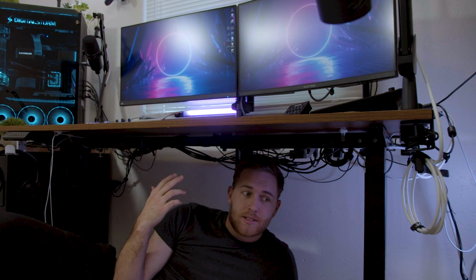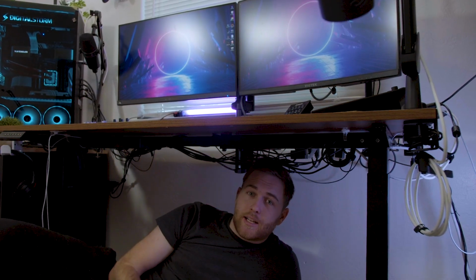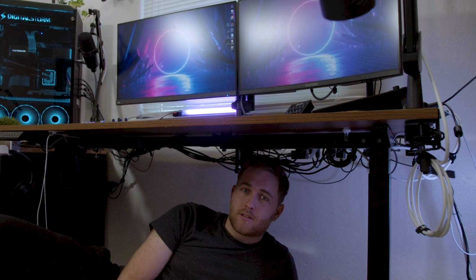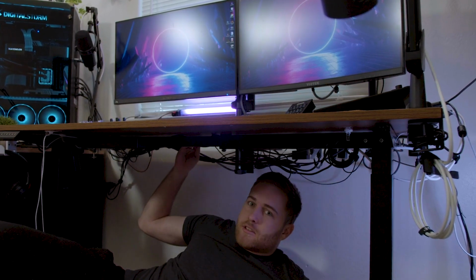It has cable management right in the arm, so cables are all over the place, even though you can tell I don't really do cable management all that well. I promise that my cable management used to be better than what it is right now. And my cable management is actually pretty good right now. Okay, it's all right. It's not that bad, right? I've got tape holding up the cables. Okay, it's not the greatest, but